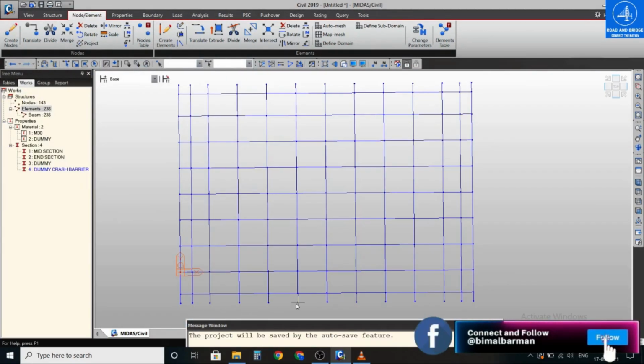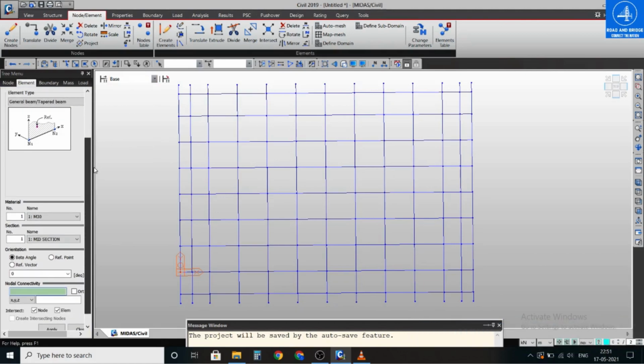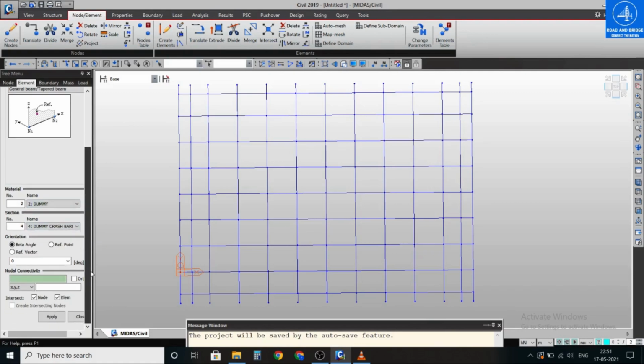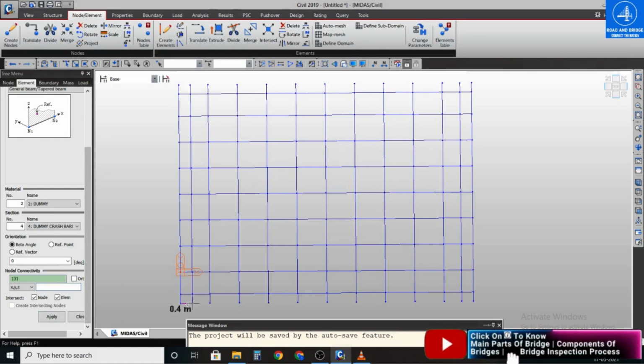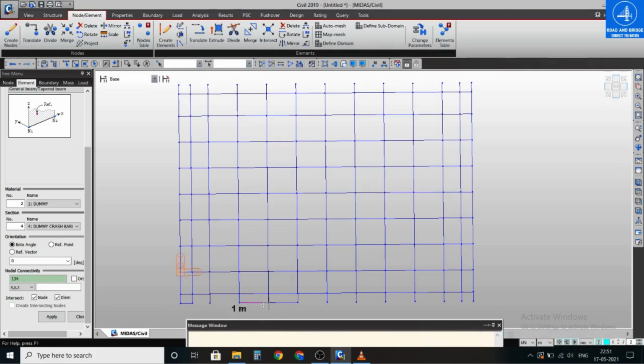Now I am going to create the dummy crash barrier elements, at both outer sides. So go to create the elements, click on material dummy, and the section will be dummy crash barriers. Click here, node connectivity. Okay, click on one node to another node, one node to another node.